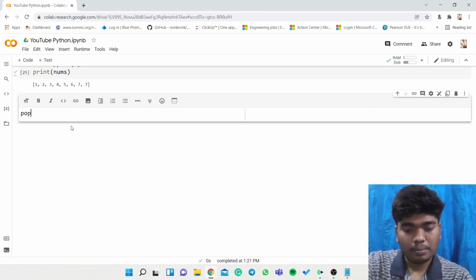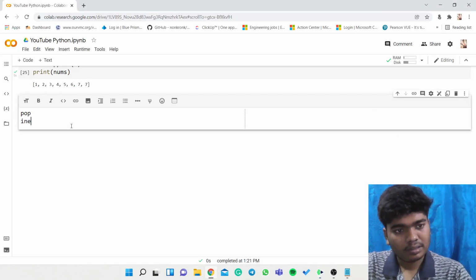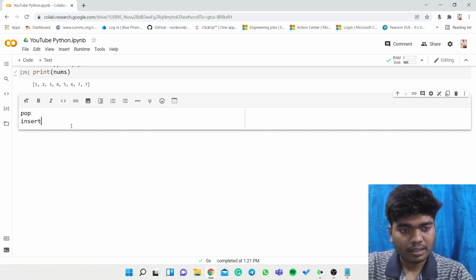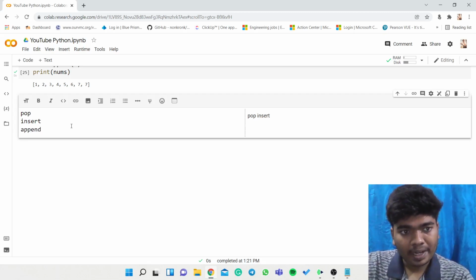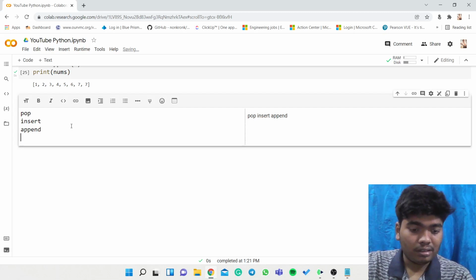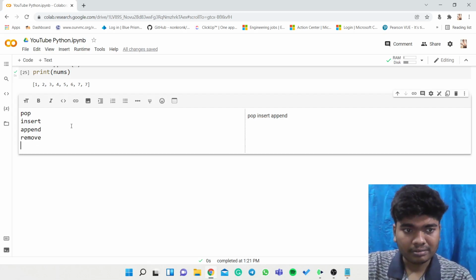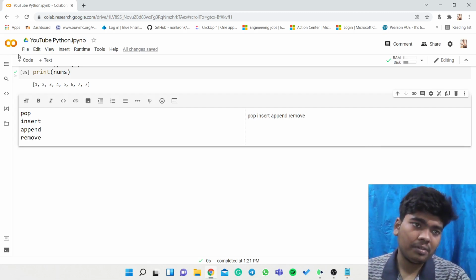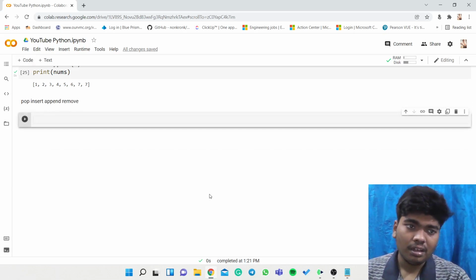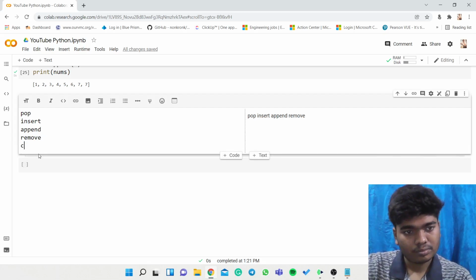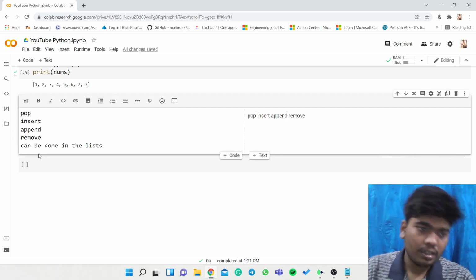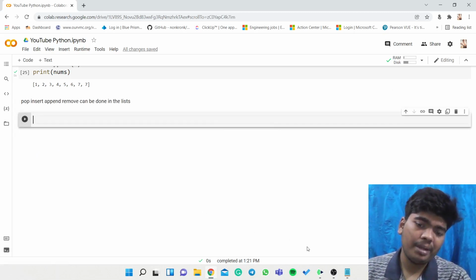Pop can be done, insert can be done, append can be done, remove can be done, and all these things can be done in the lists.